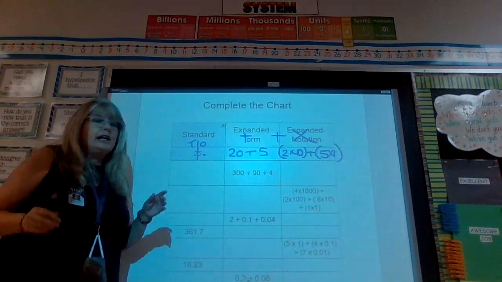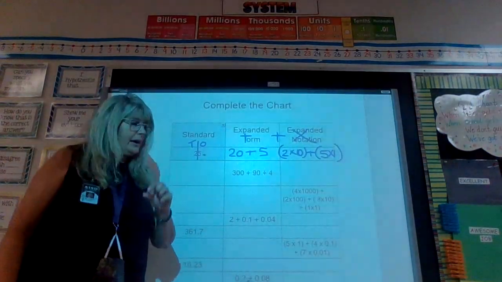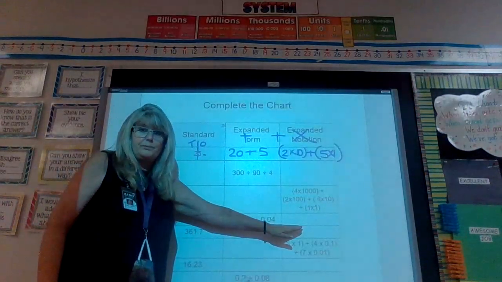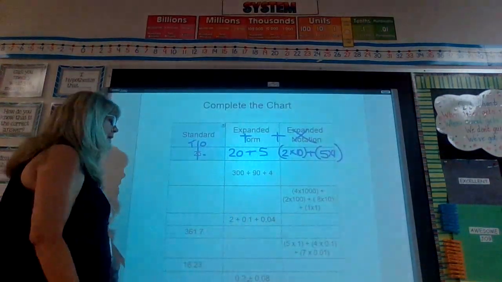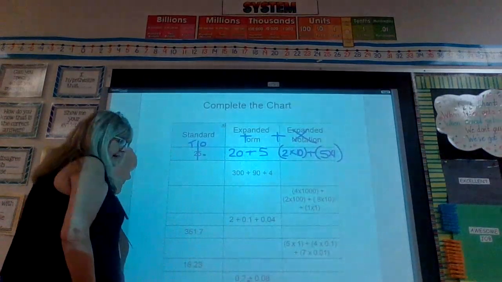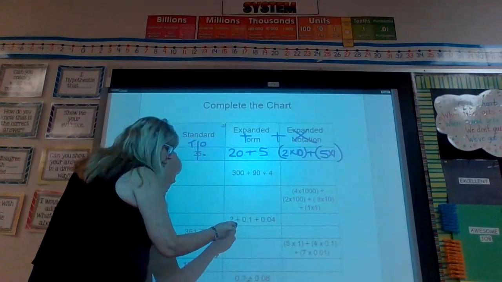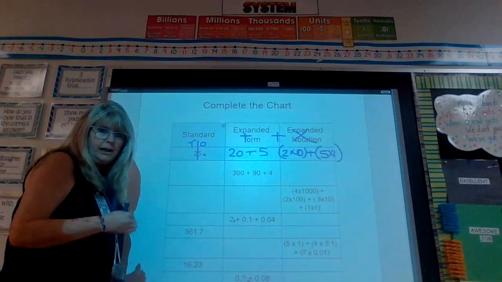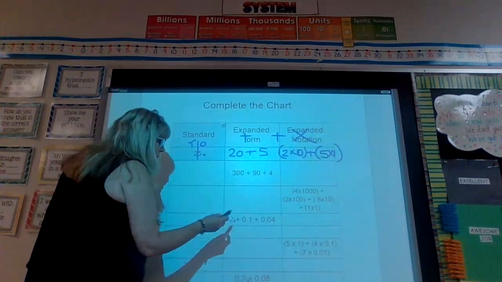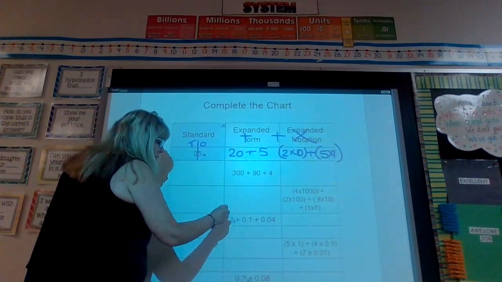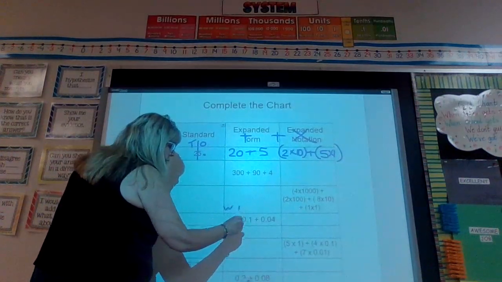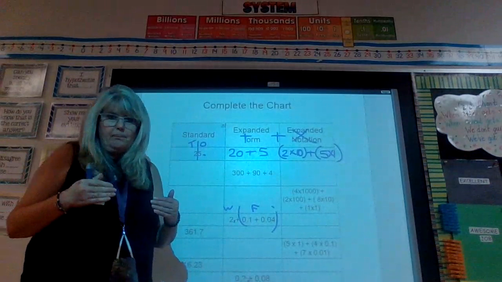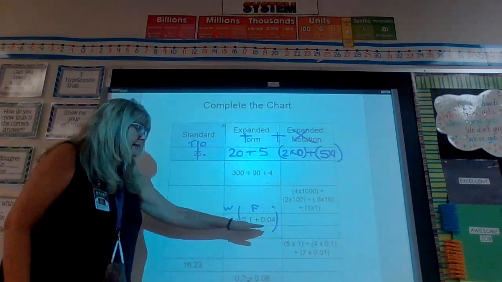Okay, we're going to give you a little bitty break. I'm going to go ahead and do this one right here, to give you an example. Now, when I look at this, that 2 is a whole number. It is my only whole number. So I can do it the way that I did it earlier. Here's a whole. This right here is fraction. Something to help myself, I can take these numbers,